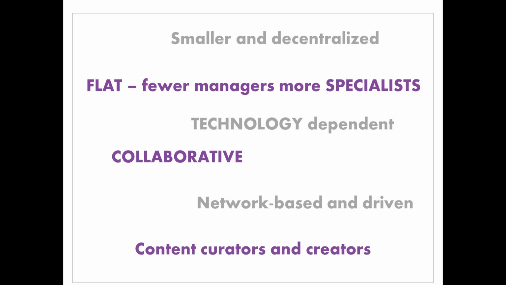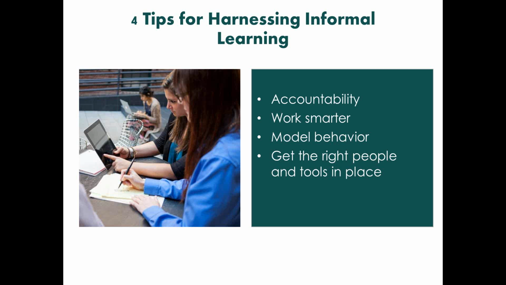Smaller, decentralized, flat, technology dependent, more collaborative than ever before. So this really ties into this idea of learning to be efficient. Then the next piece of this, in terms of increasing efficiency: people learn most of what they need to learn from others and informally. That's that 70-20-10 rule. And if we want to increase the efficiency of what we're doing, a big, big piece of how to do that is learn to harness the learning that's already going on around